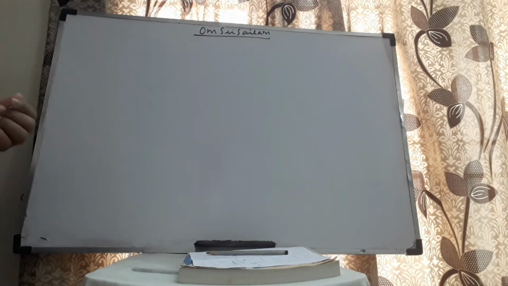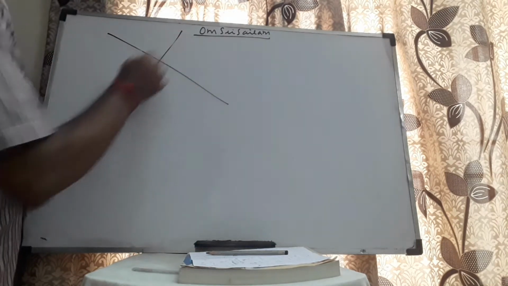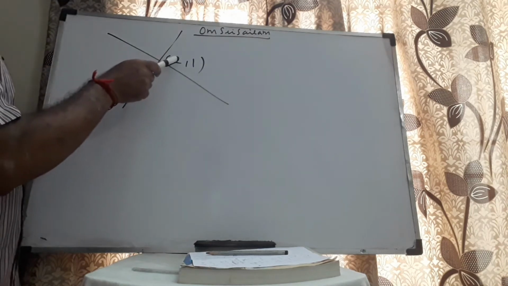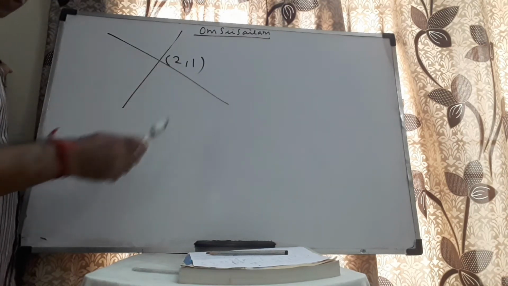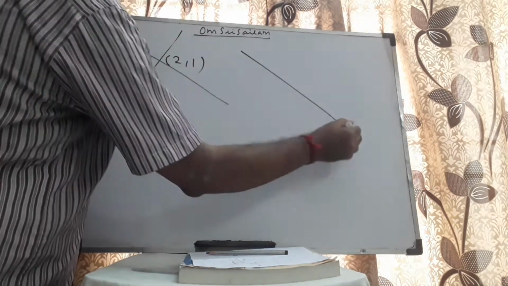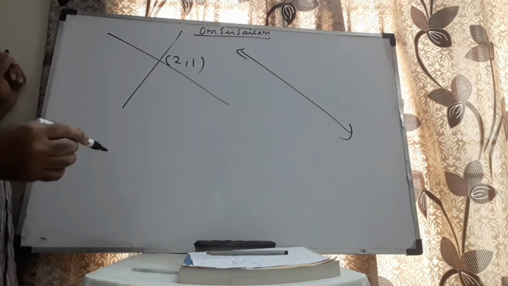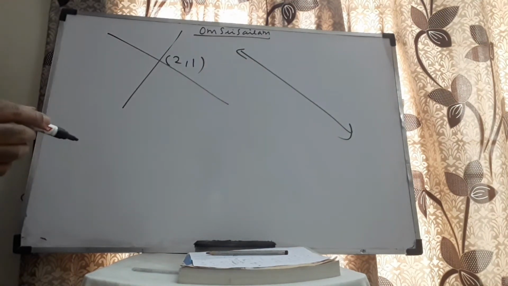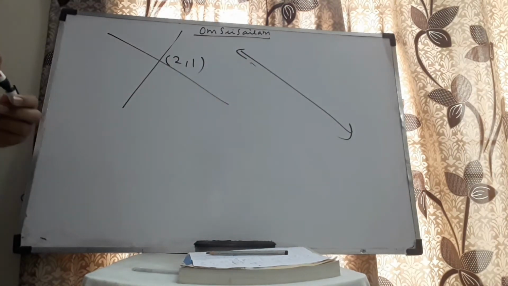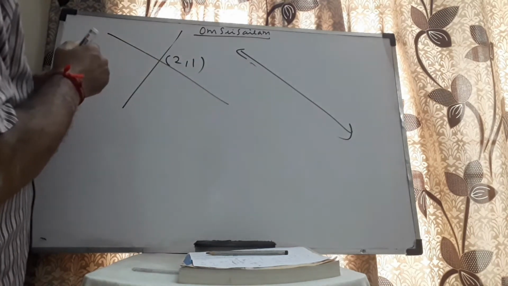If they both intersect at a particular point, for example, if the point is 2, 1, I'll write the solution as: they both intersect at the point 2, 1, therefore the solution is x equal to 2, y equal to 1. If both the lines represent the same straight line, I mean to say they are coincident, then each and every point of the line will satisfy the given set of equations. Every line has infinitely many points. Therefore, in this case, we'll say there are infinitely many solutions.